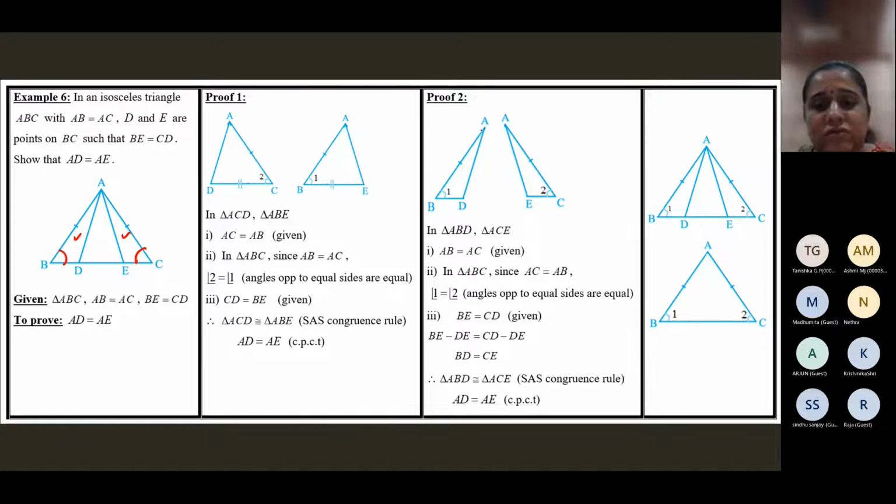Here I've just presented the two triangles which we have taken up, ABD and ACE, with angle 1 equal to angle 2. And it's given that AB is equal to AC, so AB here is equal to AC here. Now we want one more piece of information. The other thing which is given, BE is equal to CD, is not applicable because you can't see BE and CD in these two triangles. So though we have the information, we cannot apply it to the two triangles.